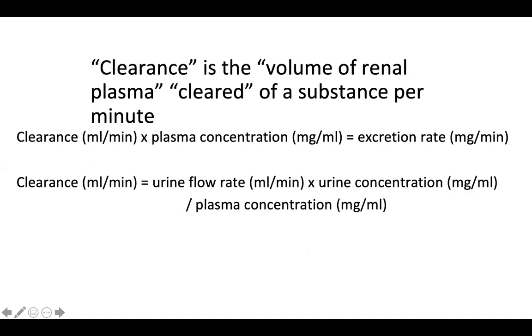So you don't have to do math with this, but I would try to be able to draw this out. I can try drawing it out just here, it's not going to be pretty, but we'll do it. So clearance is equal to urine flow. That's just going to be UF. I don't think that's technical, but that's what I'm going to do it for. UF times concentration of the urine